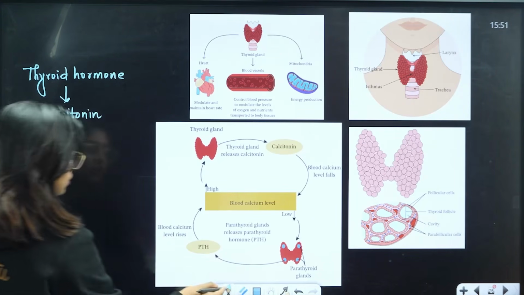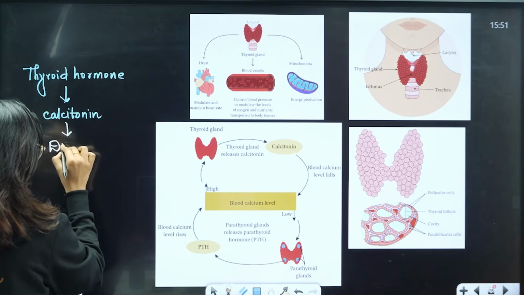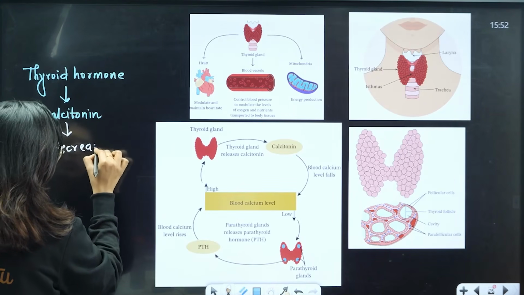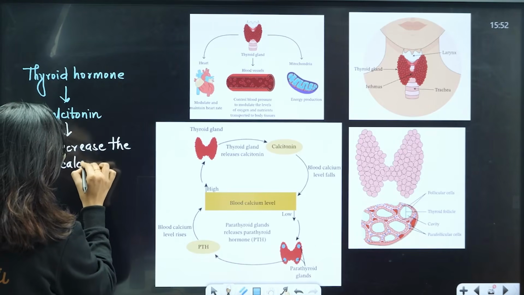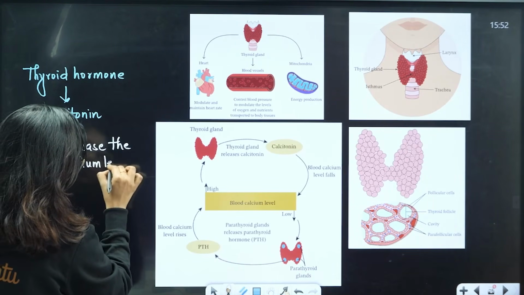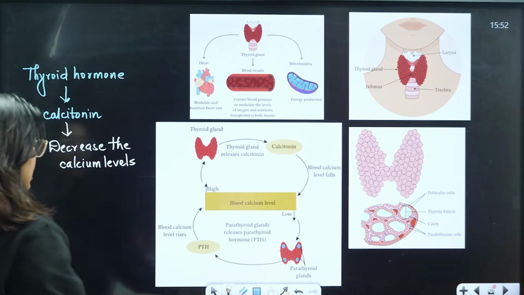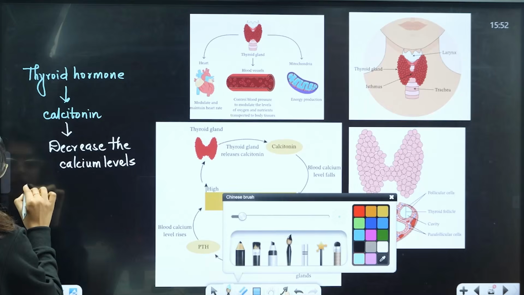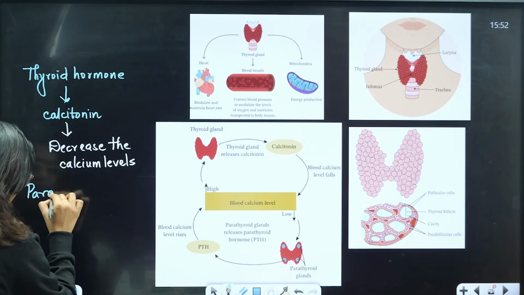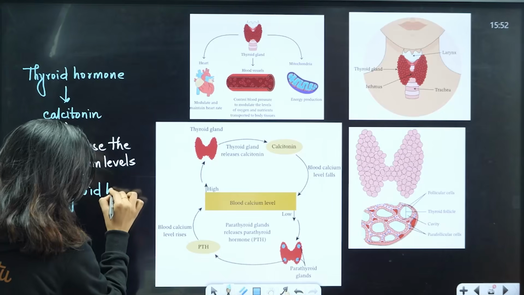Okay, calcitonin, students, remember, it will decrease the calcium level. Okay, it will decrease the calcium level. Next, you have parathyroid hormone. Parathyroid hormone,